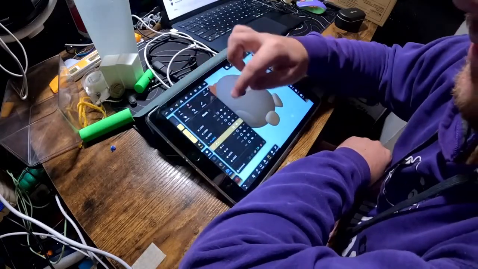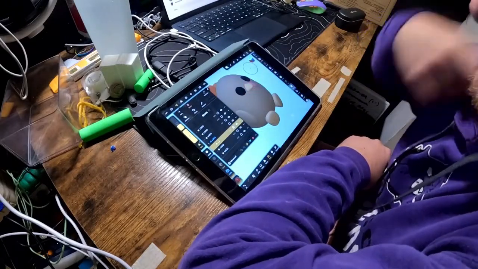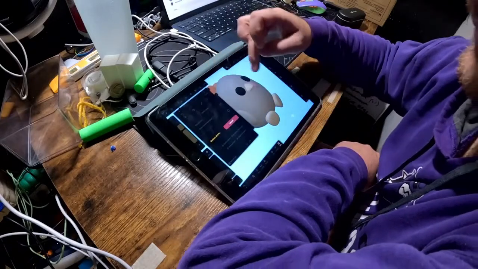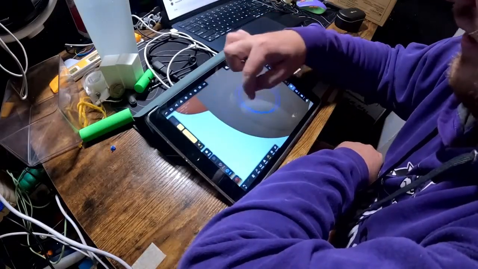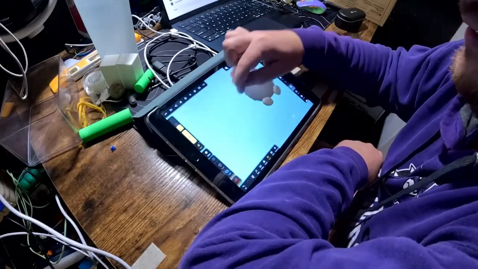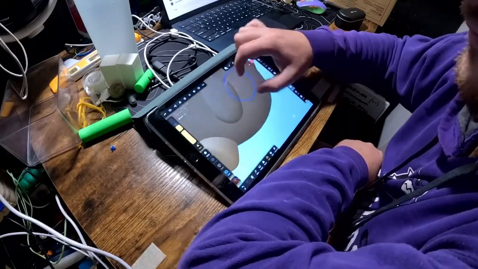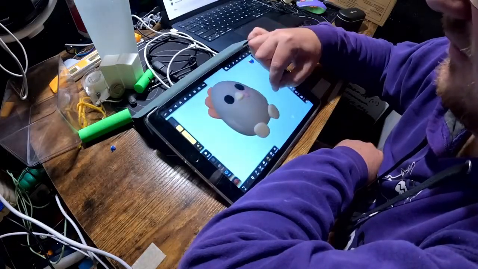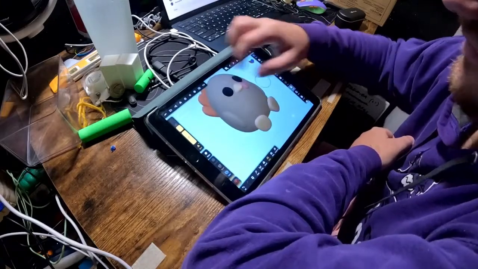So we're going to go back in here and merge these together again. And in fact, we're going to Boolean them and smooth it out further on the top so that the wings blend seamlessly with the body. There we go. So there's our wings and body all smoothed out. Let's move on to the feet and beak.